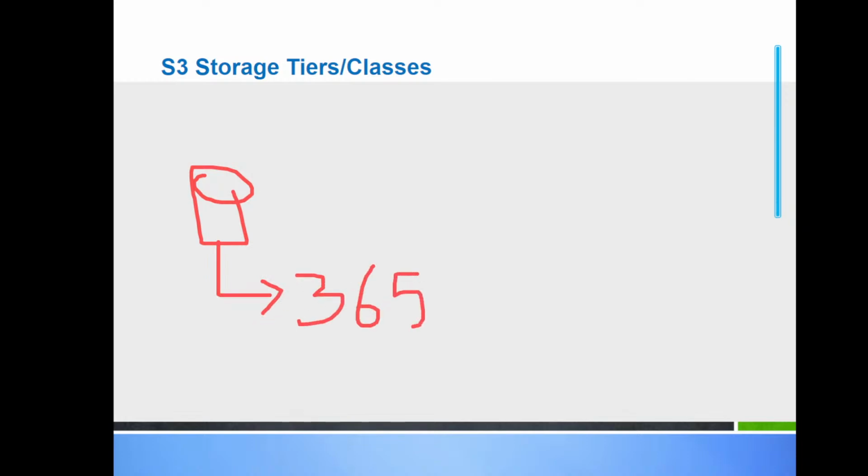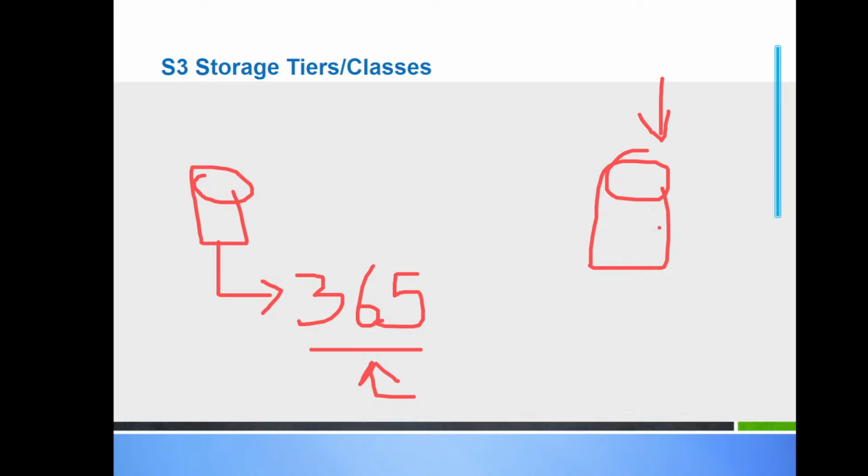So if I'm accessing a file on a daily basis, then I am accessing the S3 bucket or file for 365 days. So I have used the S3 bucket 365 days, and there is another person who has uploaded the file in S3 and who hasn't used the file for the last 365 days. He has just used it for backup. So let's say to store a file you have to pay 1 rupee. So both of them are paying 365 rupees,